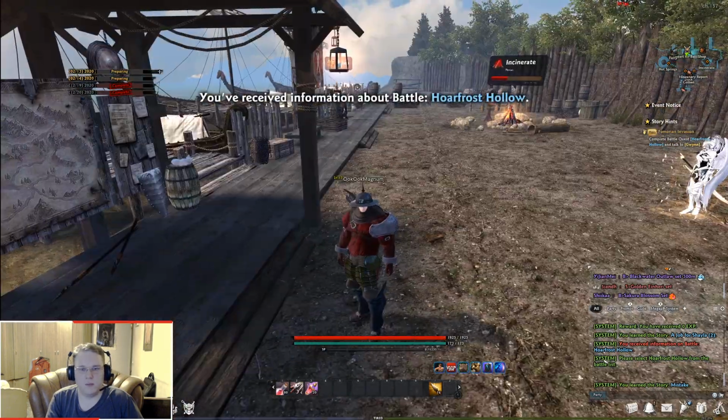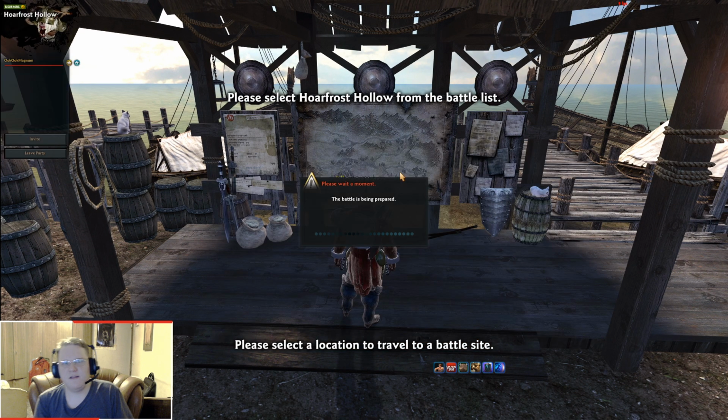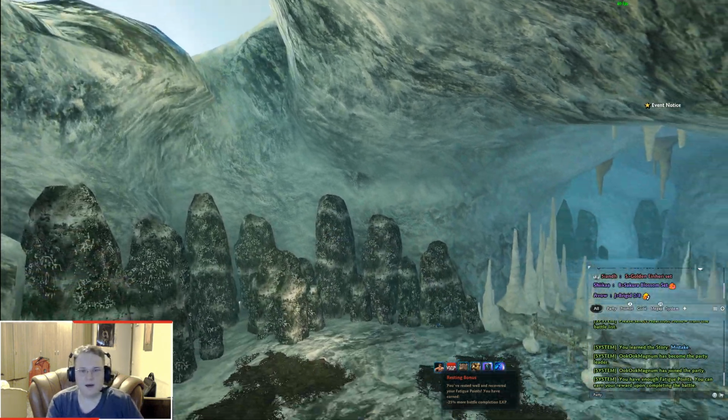Boom. Go to the Hoarfrost Hollow and then talk to Quinn. Easy. I'm already departing to the boat. I'm just doing the dungeon, which is the next one. It's insane. It saves so much time. I can't even really just